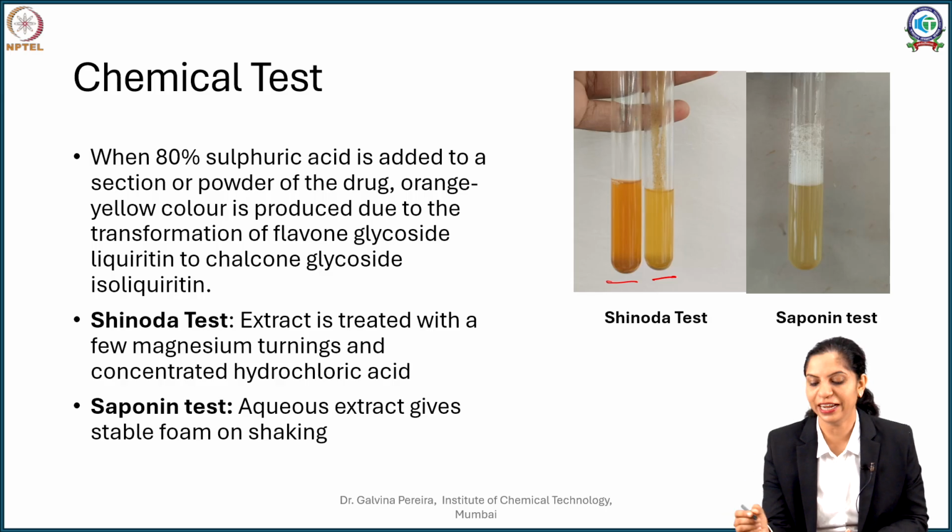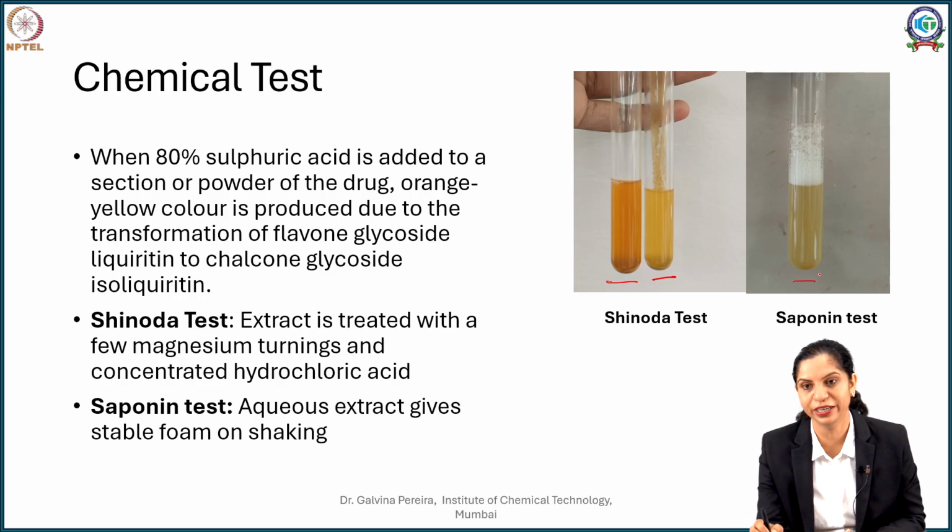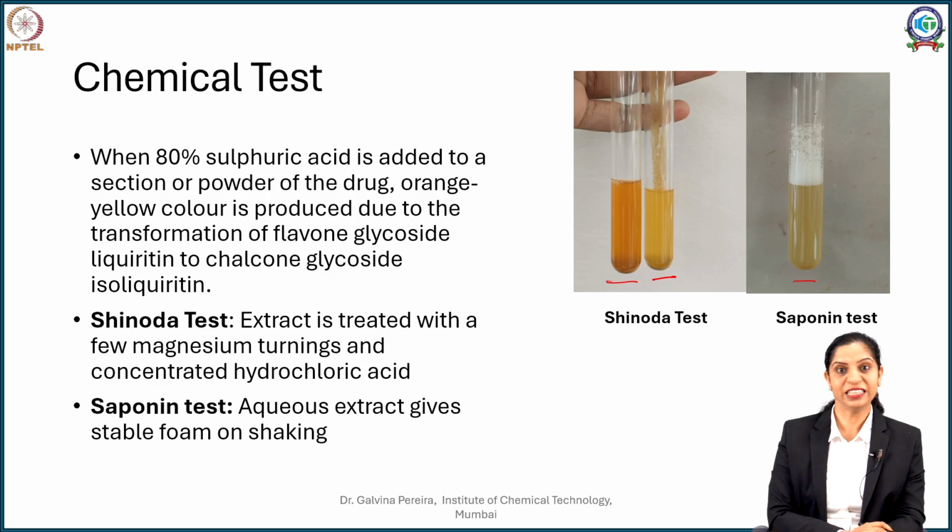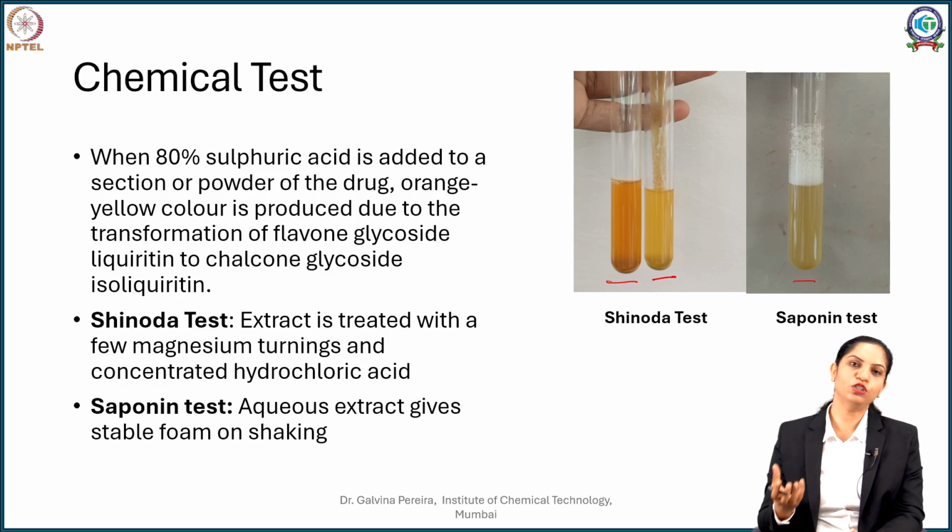Whereas if you go to the next test tube, that is what we call the saponin test. We discussed earlier that glycyrrhizin is a saponin. So if you just soak your licorice or boil your licorice and then gently shake it, you will see that it produces a foam. Despite keeping it for a period of 5 minutes, this foam doesn't subside, and that's what we call a stable foam, and this foam is stabilized by surfactants. What are the surfactants here? The surfactants here are glycyrrhizin. So because of the glycyrrhizin, you get a positive saponin or foam test.